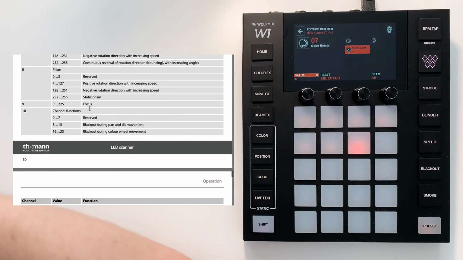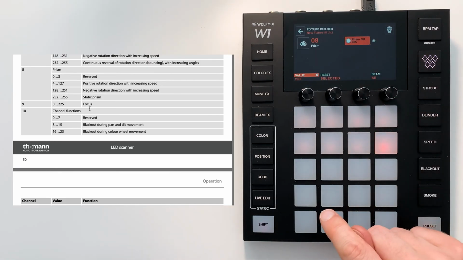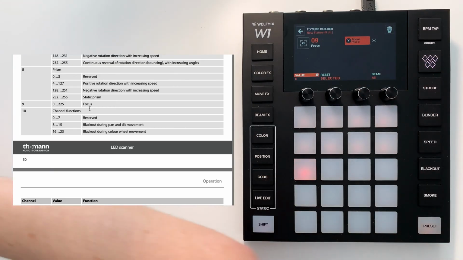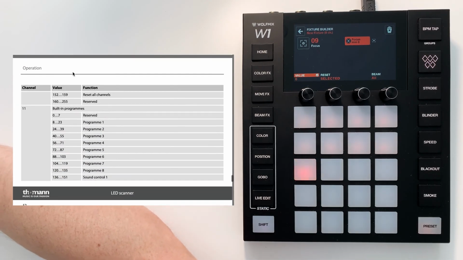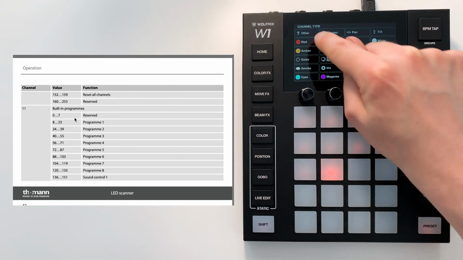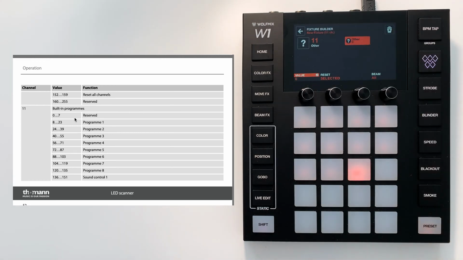If we continue, channel 8 is prism. Channel 9 is focus. And then channel 10 is called channel functions, and channel 11 is called built-in programs. So we don't need these channels. So I'm going to go channel 10 and I'm going to choose other, and channel 11 I'm going to choose other. So now if we open our easy view,